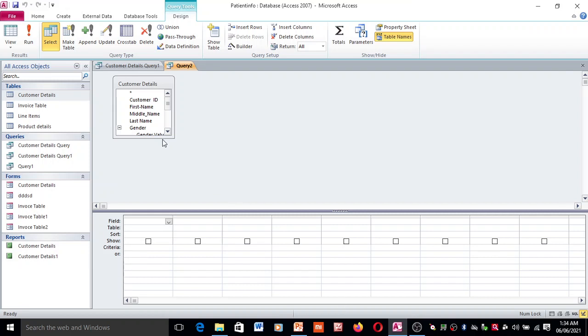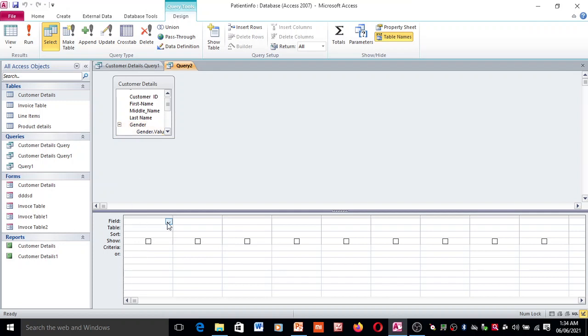Here you can see the particular tables that you selected, that is customer details, and whatever the fields are available in that table come over here, and all the properties of this query are available over here.